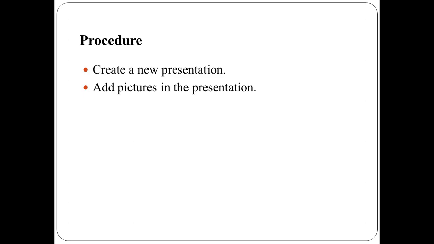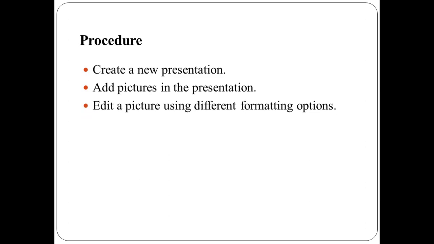You can add pictures in the presentation. To add a picture, go to the relevant menu to insert a picture, choose the folder where the file is located, select the file and insert that file into the presentation. Once the picture is inserted, it can be formatted in many ways. To format it, click the image on the slide, choose the relevant menu to format and edit the image, or press the right click button to activate various image formatting and editing options like setting brightness, contrast, transparency and cropping the images.